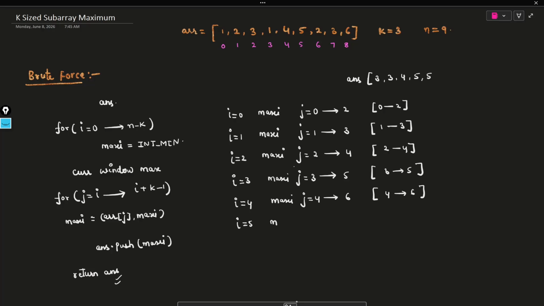again our maxi becomes INT_MIN, and our j starts from i, that is j equal to 5, and it runs till 5 plus 3 minus 1, that is 7. So our current window is from 5 to 7, and in indexes 5 to 7 we have to find the maximum value. Here the maximum value is 5 again. So we have to push the 5 inside the answer array again, and after that we update i, and i becomes